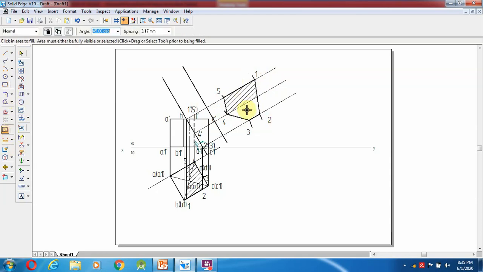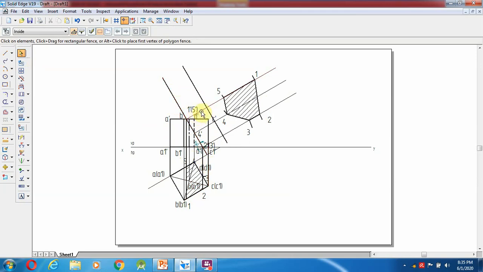In the true shape of the section we are going to fill this one. So first, as per the question, I draw the top view on the front view, then the sectional plane I drew. After that, the sectional top view I drew, projected towards the top view, then I found the sectional top view. Finally this is projected at 90 degrees to the 60 degree sectional plane.